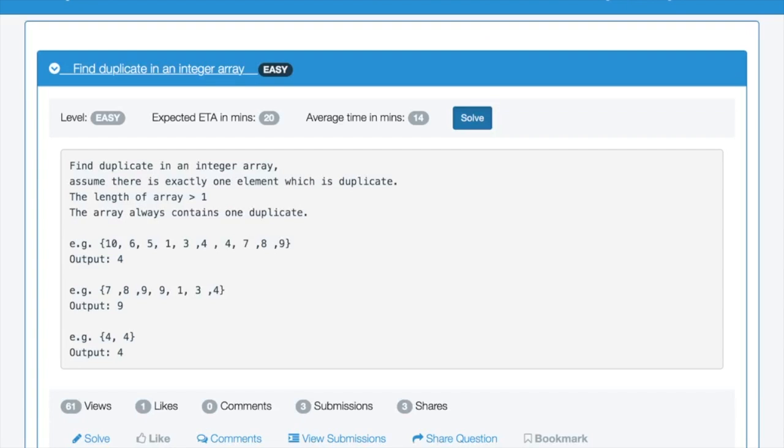The problem today we are trying to solve is find the duplicate number in a given integer array. So basically we have been given one array which contains exactly one element. It is very important to read the problem statement carefully. It contains exactly one element which is duplicate. In this given example it's 4, 4, and looking at the example it looks like the integer array is not sorted,